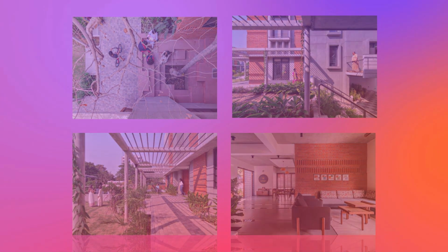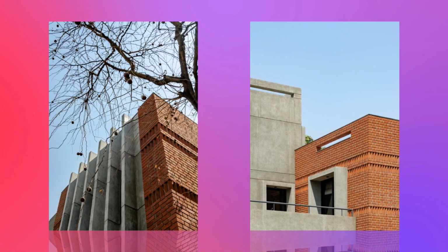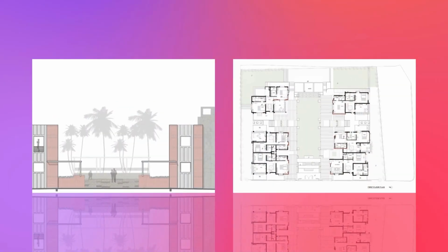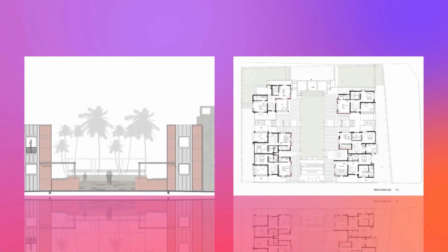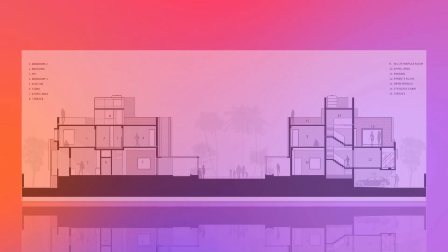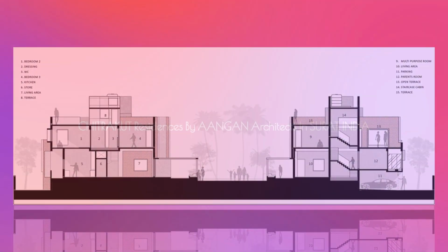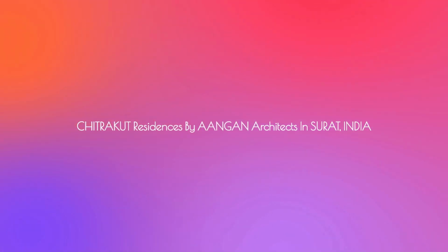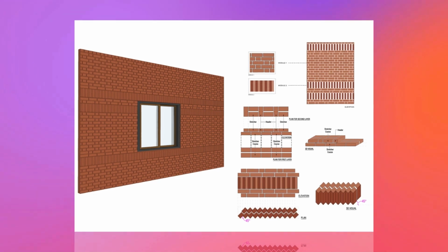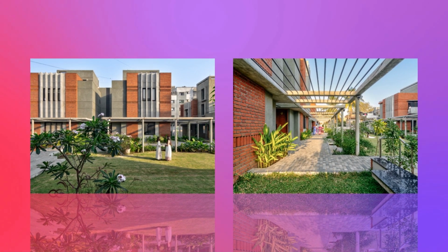The primary intent for the design of the landscape is to create a harmonious blend between the built structures and the surrounding open spaces and to blur the boundaries between the natural and built environment. Each of the 6 units has been meticulously planned to face the central garden area, enhancing the sense of community